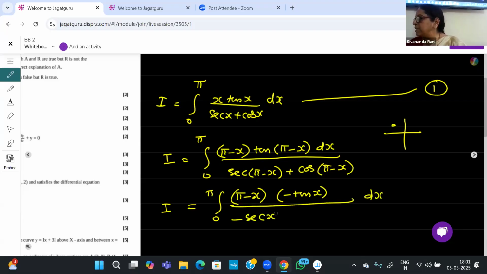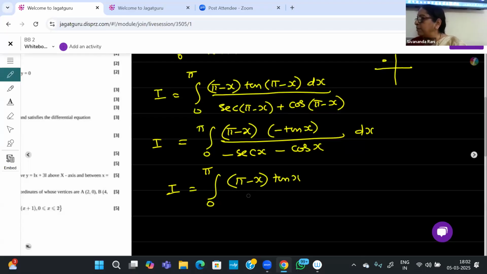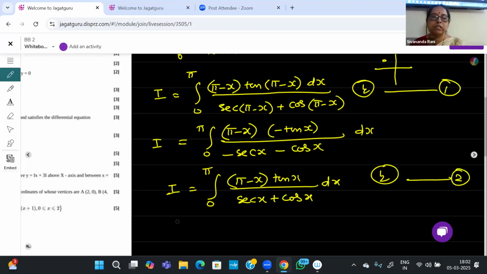So if you put this another half a mark, and if you cancel the negative sign and write this as integral from 0 to pi of (pi minus x) tan x by secant x plus cos x. By this time, you would have got 1 mark already without integration, okay? Without integration. So call this as 1, and what you got after substituting upper limit minus x as 2, then